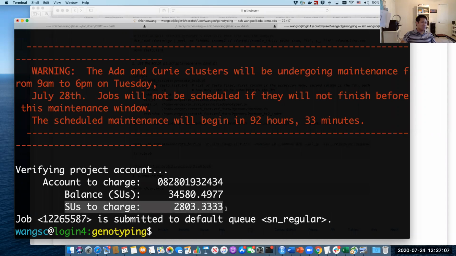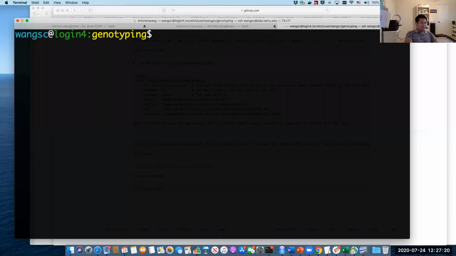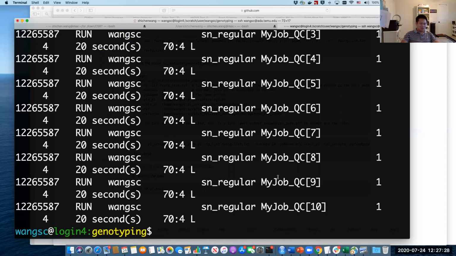That's based on how many SUs are requested. But it doesn't mean you're going to be charged for this amount. If your job finishes earlier, you're going to be charged less. Okay, so we submitted the jobs. How can we check the status of the jobs? What's that, bjobs, maybe? Yes. Okay, if you type bjobs,